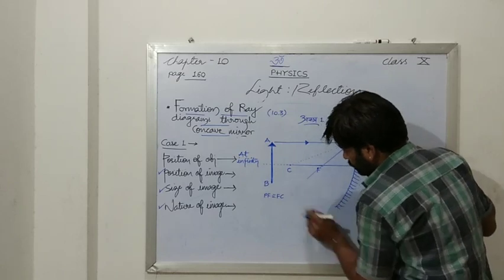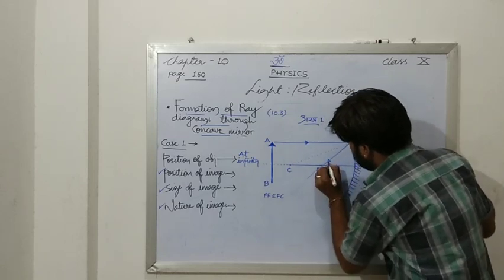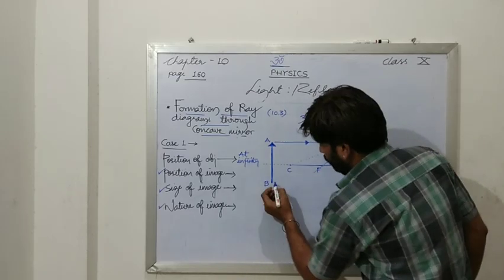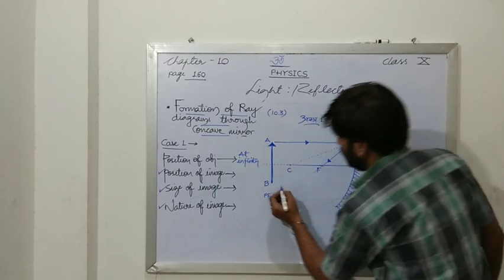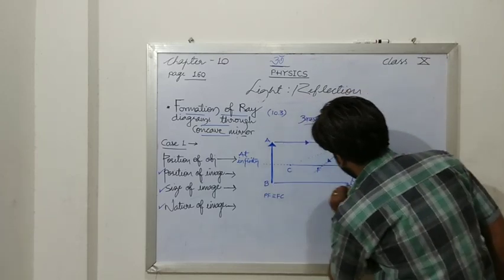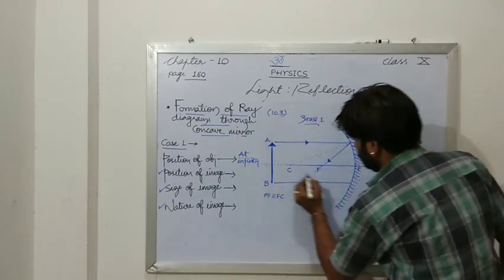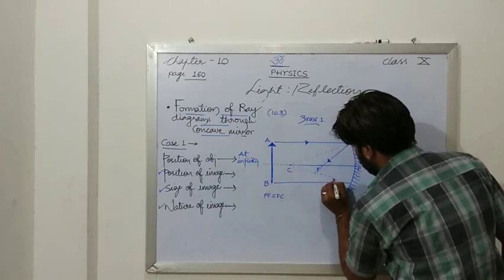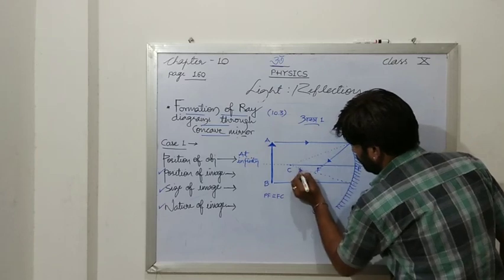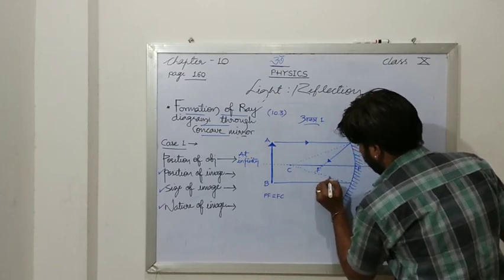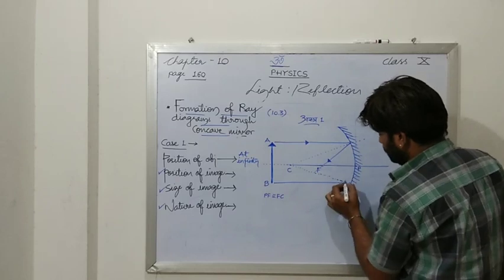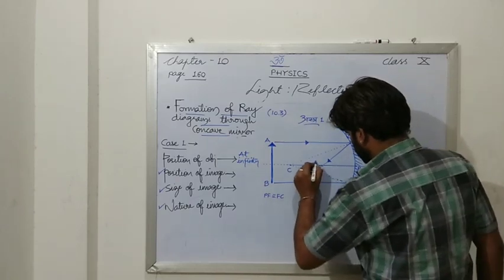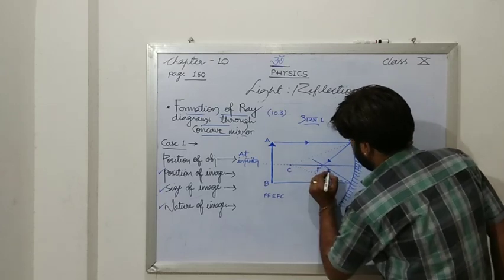Now because we are having the below line as well, this will be the one. Now second, this was from the A part, now from the B part again a line parallel to the principal axis, and we are having a normal through the center. So just after reflection, again according to rule number 1, it will pass through the focus.